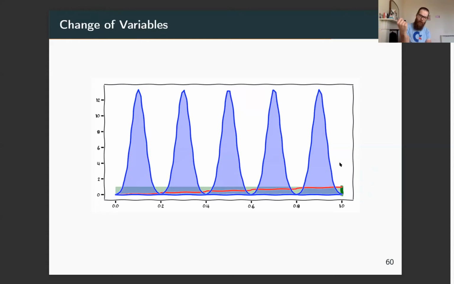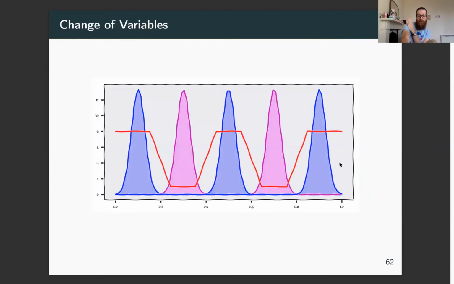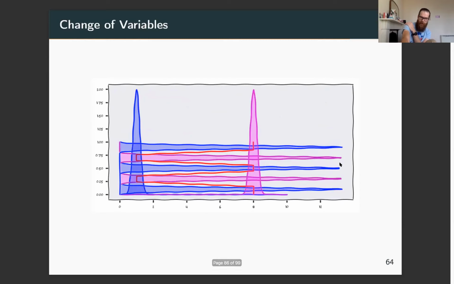Cool. Now, for the sake of interest, I'm going to say we're doing a classification task. So I'm going to say that 2 of these bumps are class 1, say that they're cats, and the other 3 are dogs, right? Now, this is quite hard to classify, right? So what I'm going to do is push this through another set of functions. I'm going to push it through this type of function, which is very much like a set of ReLU units. Now, if I do this, I'm going to end up with 2 bumps, because now I've pushed my kernel and I map 2 of these, the cats to cats and dogs to dogs.